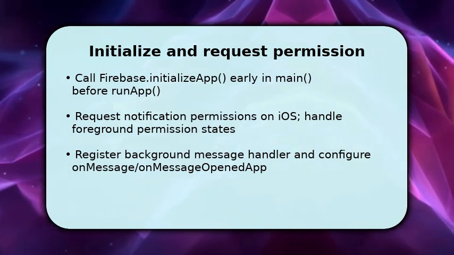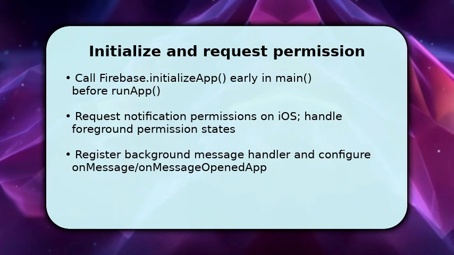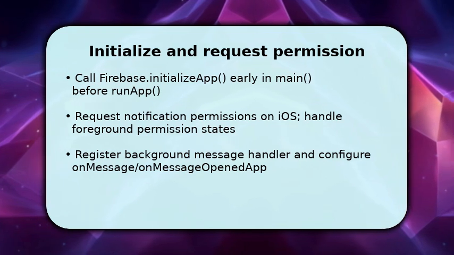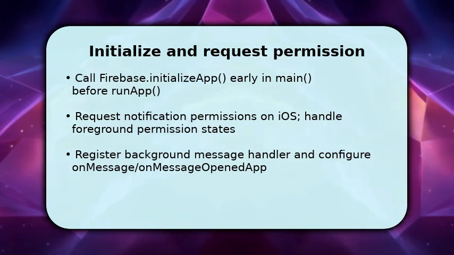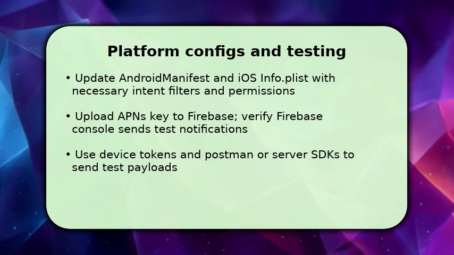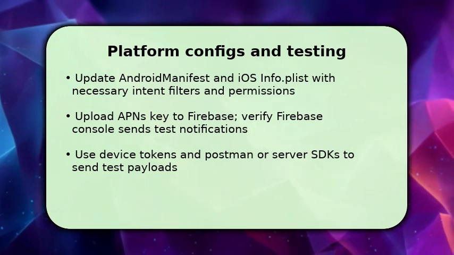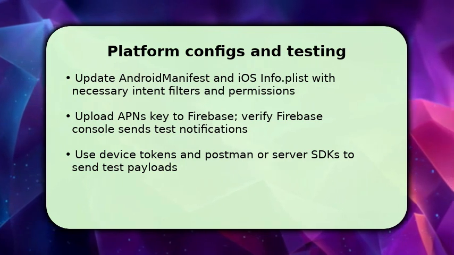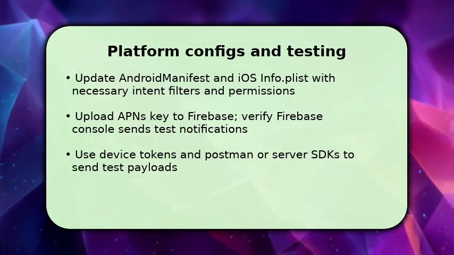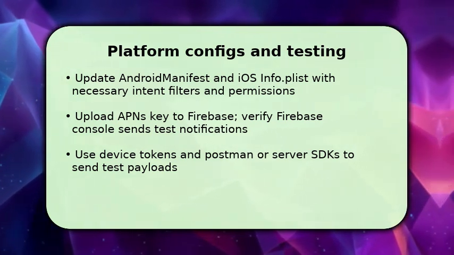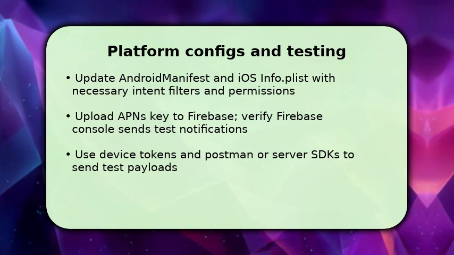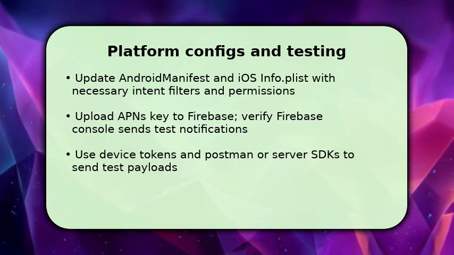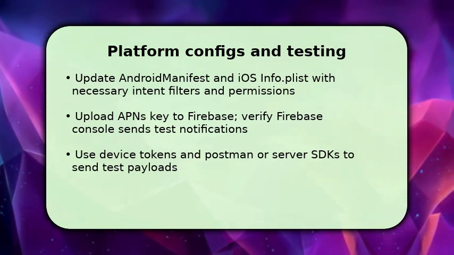Also make sure to set APNs credentials in Firebase for iOS and configure the FCM server key or service account for sending messages. Finally, complete platform-specific config. Add required permissions and receivers to the Android manifest, and ensure the iOS plist has required keys and push capabilities enabled. Upload your APNs key or certificate into Firebase for iOS and confirm Android Firebase Cloud Messaging is using the correct